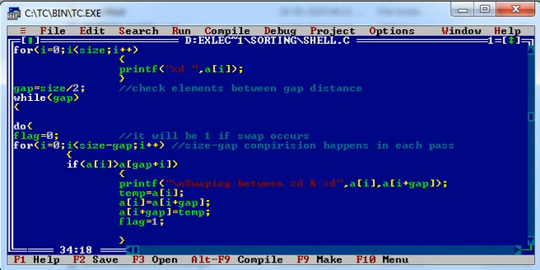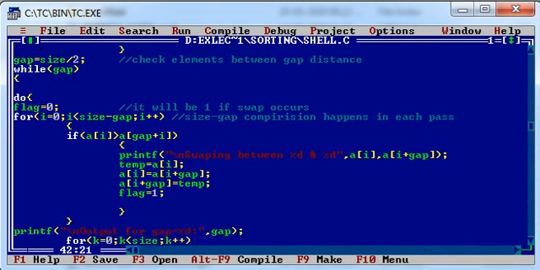As you can see, this is the logic of swapping, and as the swap takes place over here, the flag will be set to 1. It indicates the swapping takes place, and if the swapping occurred, we don't need to reduce our gap. We need to continue the procedure with the same gap.